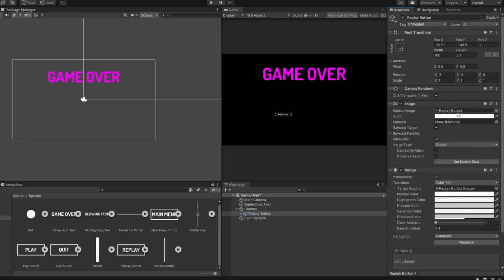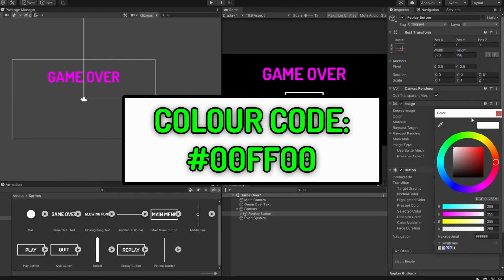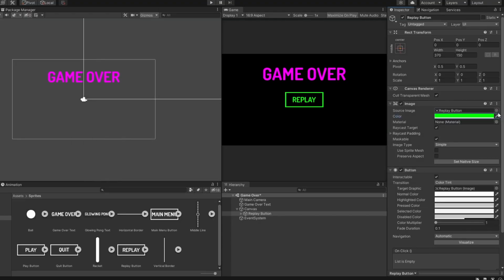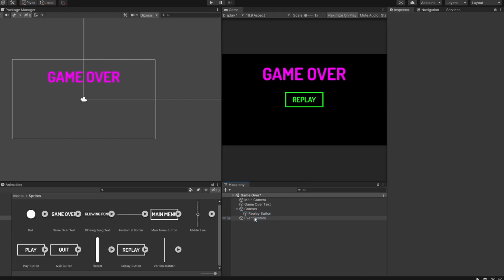Under the rect transform component, we want to change the position X and position Y value to 0, and resize the width to 370 and height to 150. I'm going to change the color to a green color. Lastly, we want to expand the replay button object and delete the text object under it.